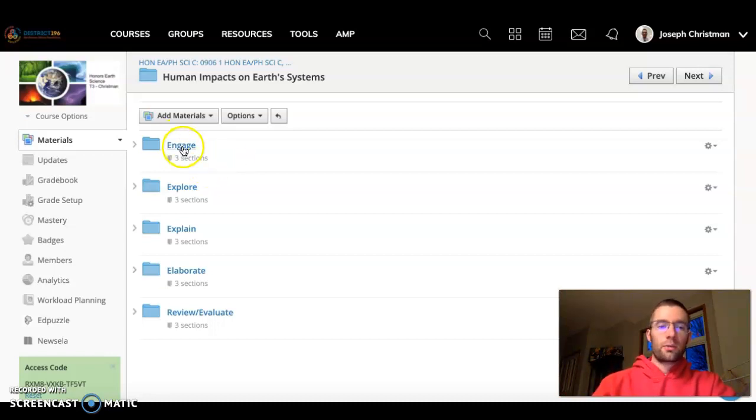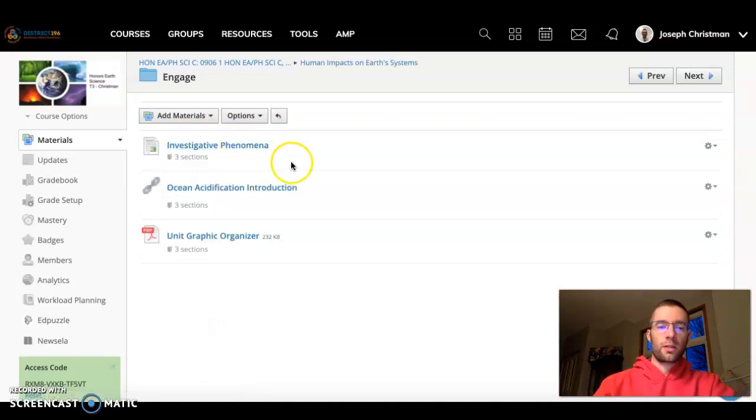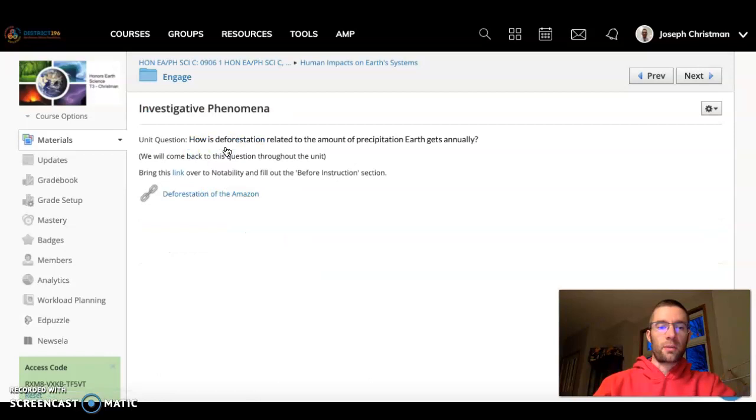So today what we're going to do is we're going to open up the Engage folder, and there are 3 things in here that you need to do. Please do them in this order. The first thing is investigating phenomena. So you're going to open up this link, send it over to Notability. It is a